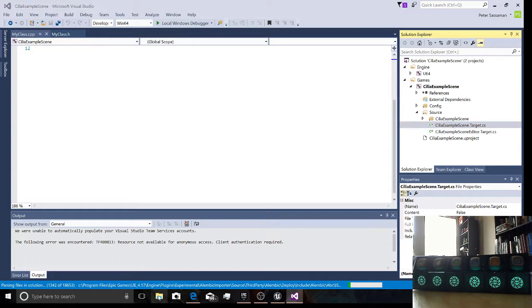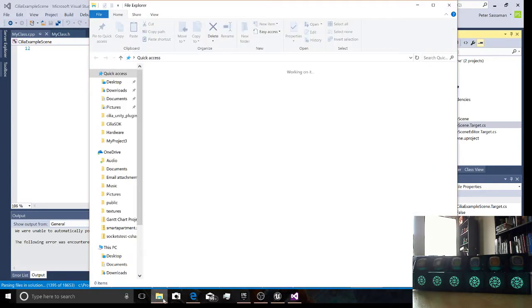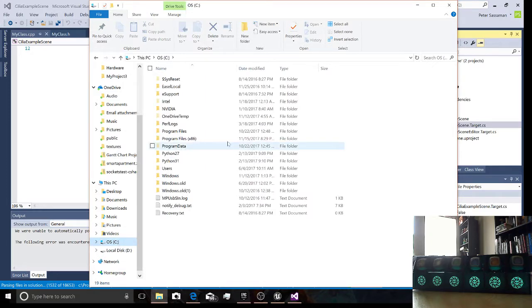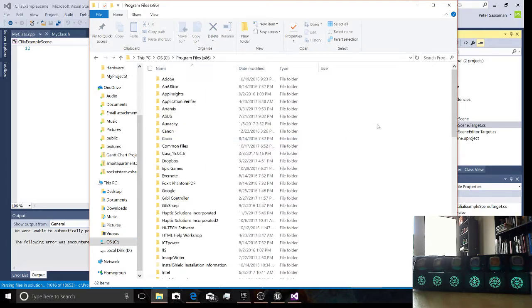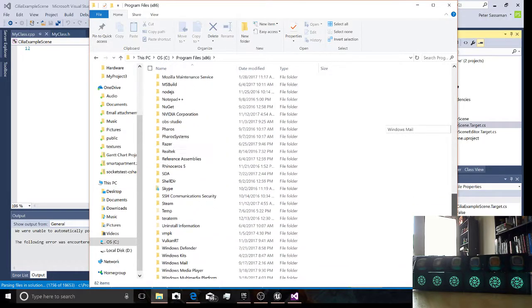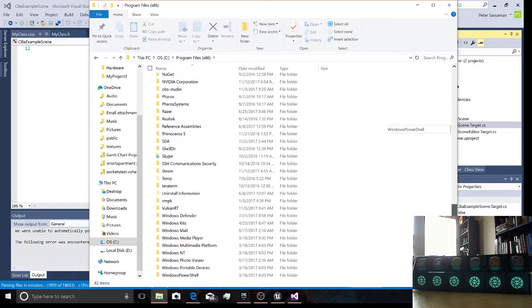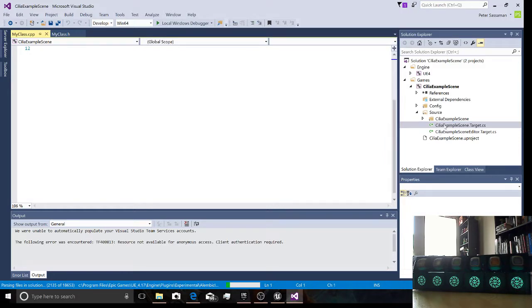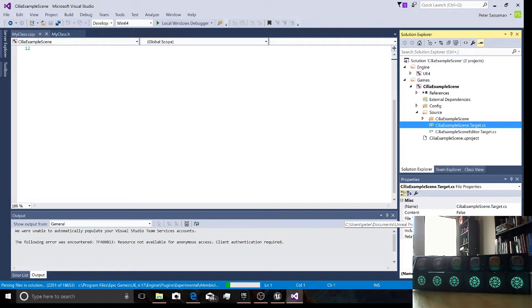I believe we can navigate by going to C, Program Files 86. Okay, we need to find where we save this at. Oh, okay, there we go. Now the path has come up. So we need to take this path here,